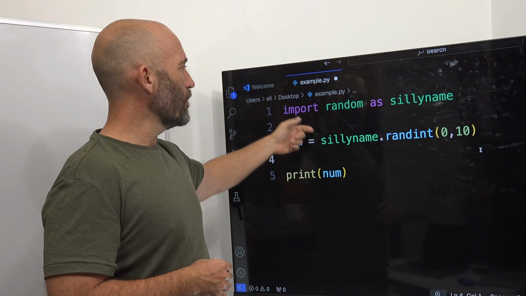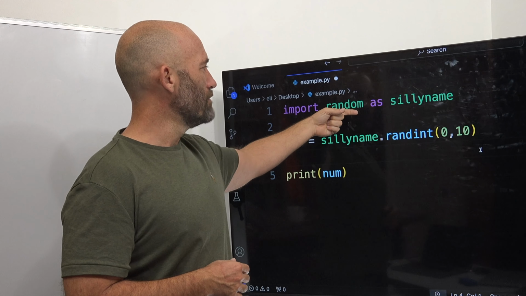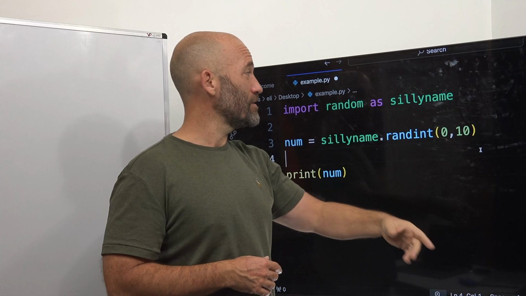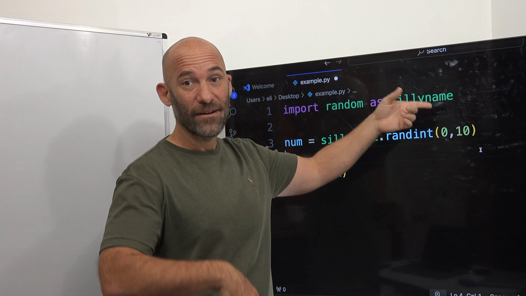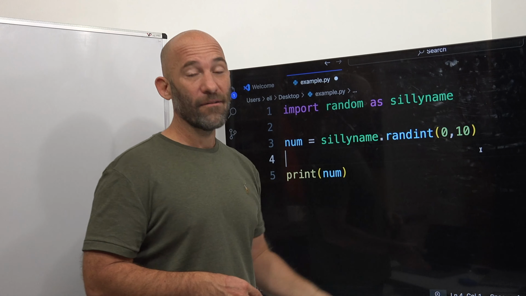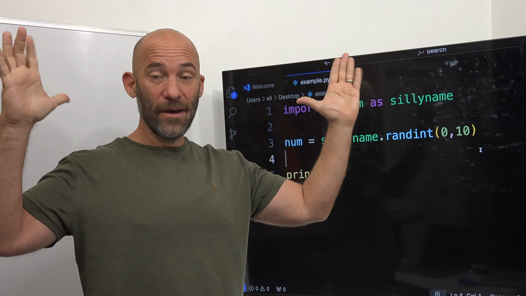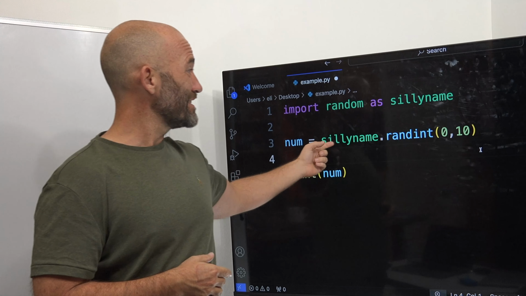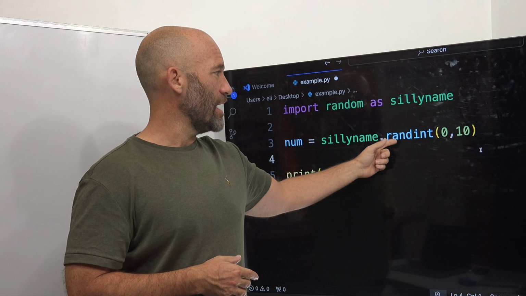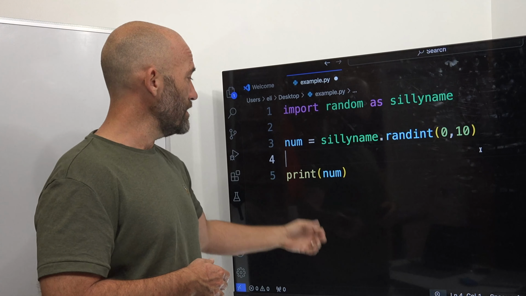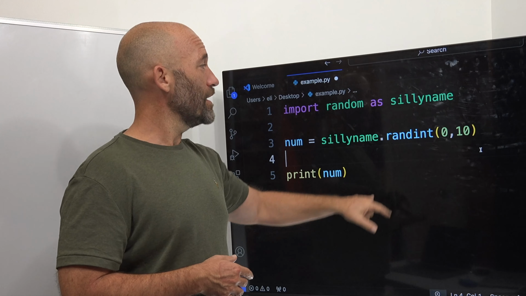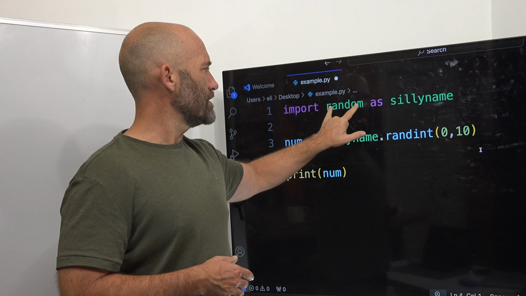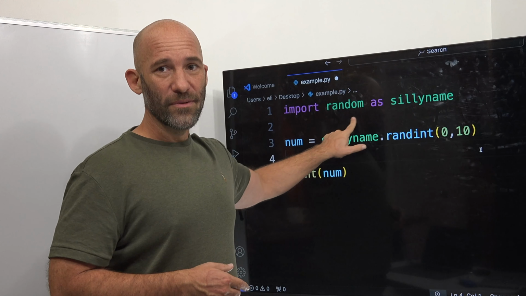So you can do import random, so import the module as whatever the alias is you want it to be. So I'm just simply saying the silly name here so that you know you can put anything in there, right? So if you have a long name, you can alias it down to something shorter. We do num equals silly name dot randint 0 through 10, and then we can print out the number. So this is how you're able to create an alias if for some reason the module name is too long